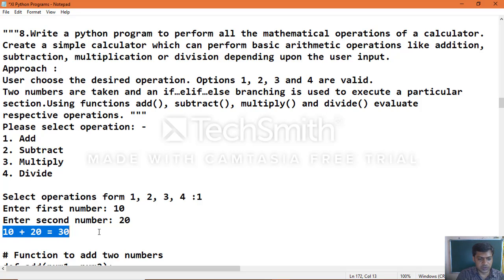Same way, if you choose the second one, based on whatever input values you give, subtraction will be calculated. Same way, multiplication, then division. That is how a simple calculator operates its particular functions, the basic arithmetic operations which you want to perform.